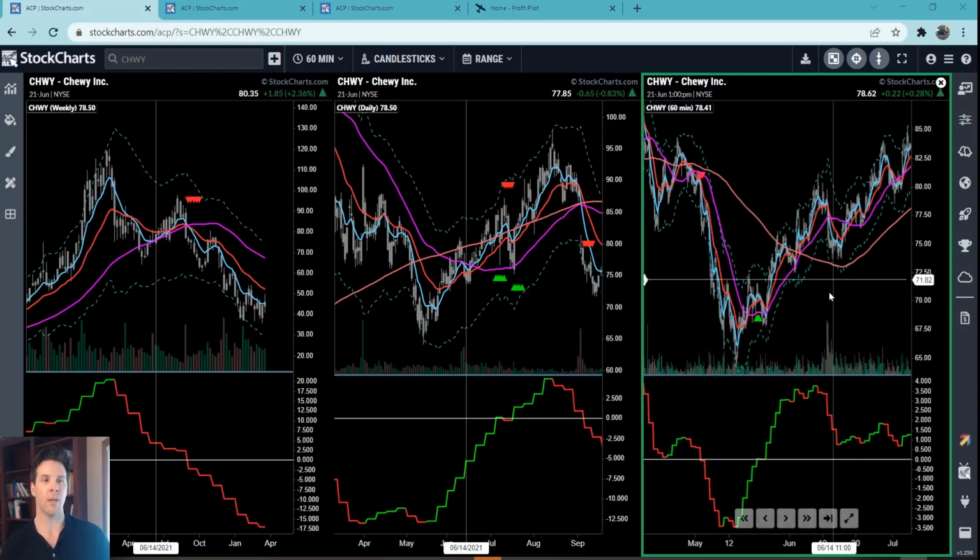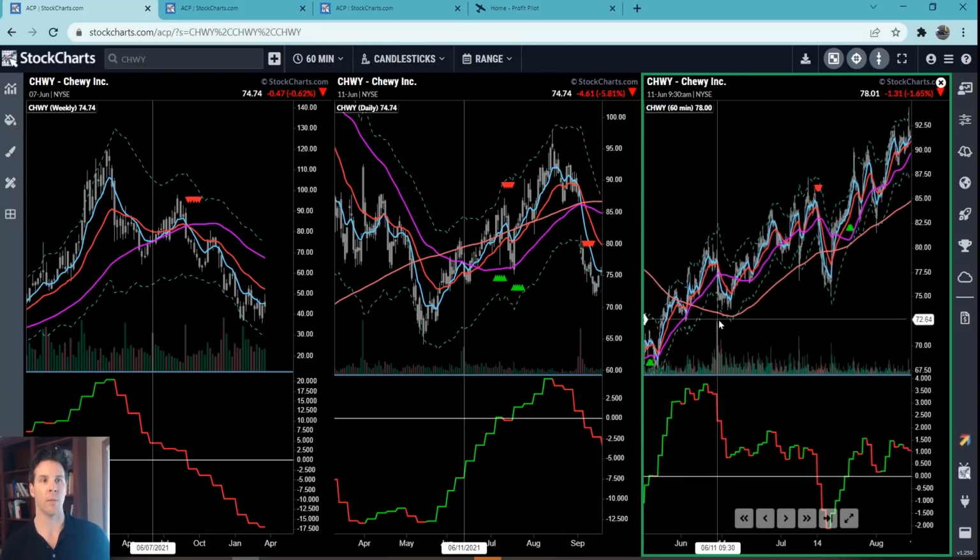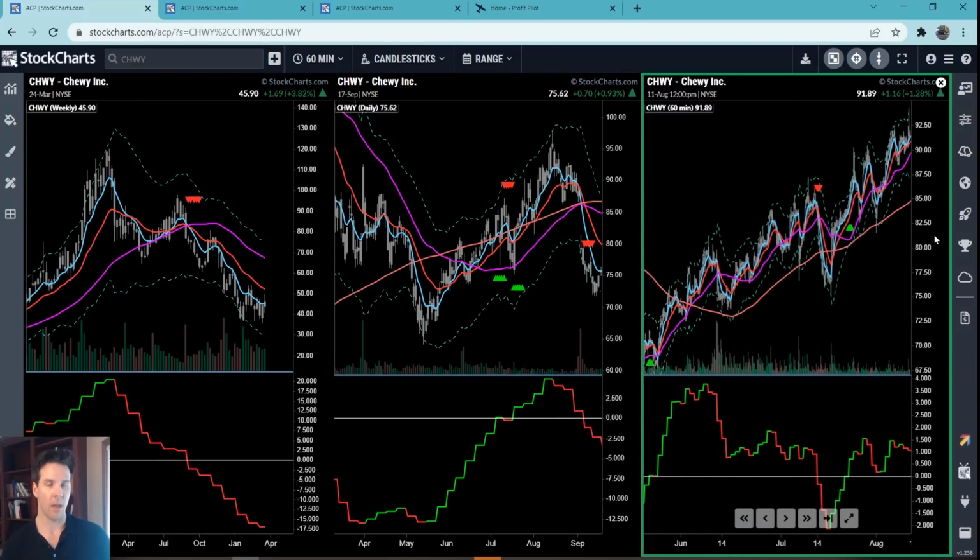At that point, it does get really choppy. Like if we kind of show you this, look how choppy that is. That is my concern that could be happening after, the market is chop, chop, chop, chop, chop. Yes, it goes higher, but man, that's going to be tough. And this is what I was saying earlier: look at the character of the market, look at the character of price. If it's pretty choppy like that, even though it is going up, it doesn't really want to be going up. And what that then means